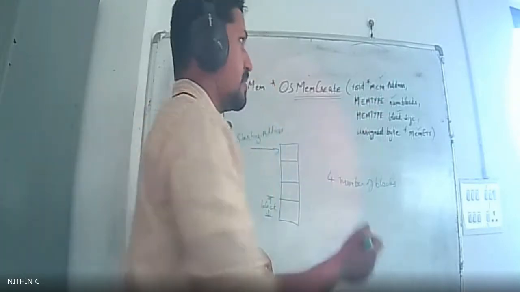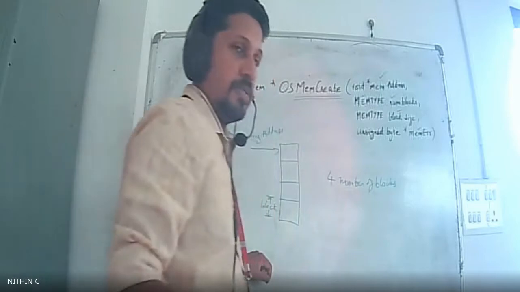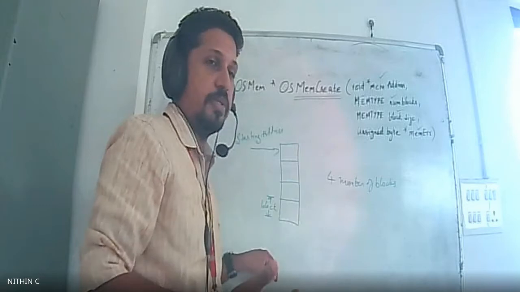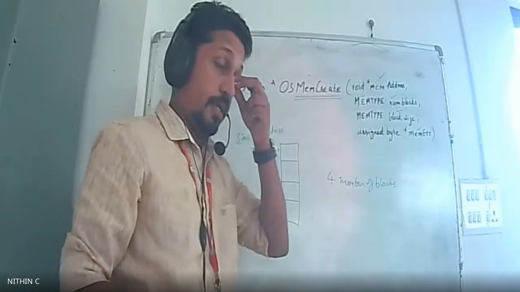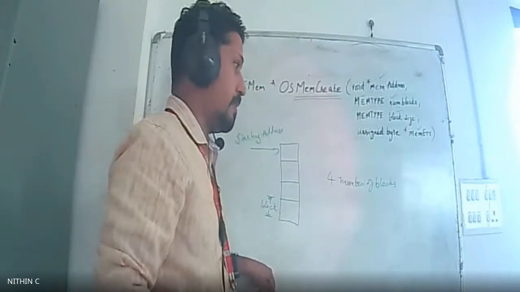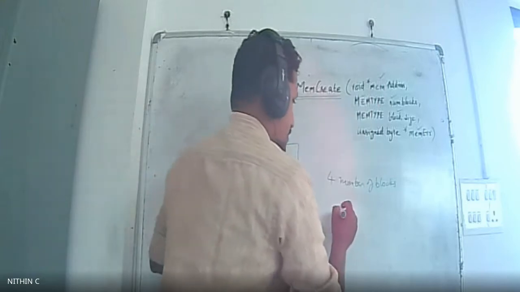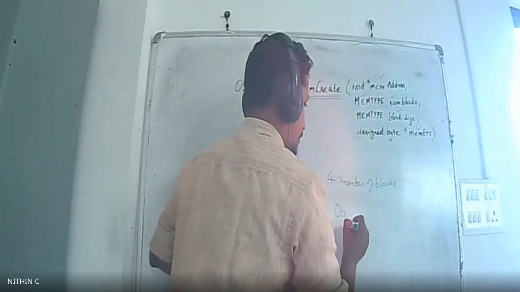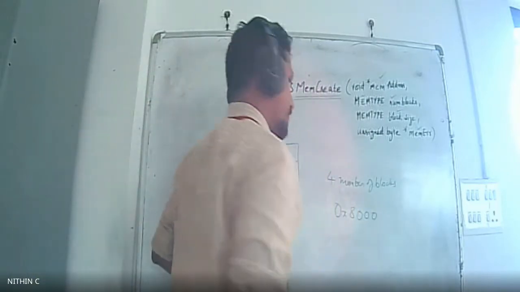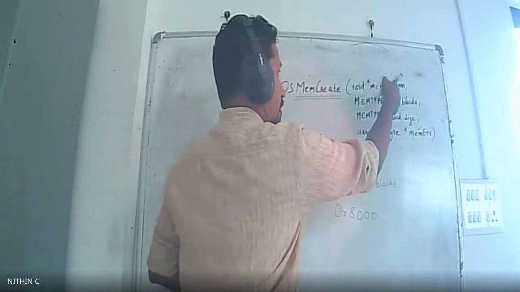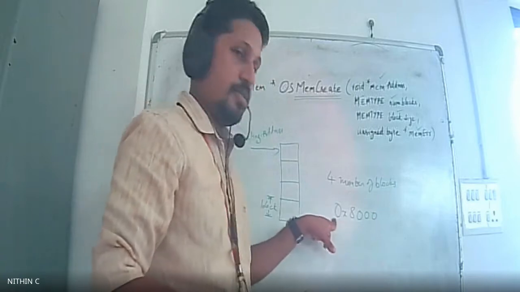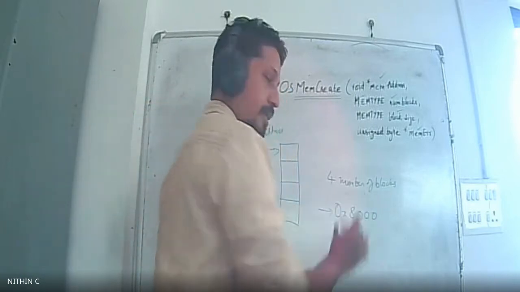One more thing is the memory type. Memory type specifies which type of memory, that is the data type. Either you are using a 16-bit or 32-bit memory, and you specify that here. Suppose you are using a 16-bit memory, then you will mention 0x8000. This will be 16-bit, and it is given here as the starting address. The memory that you create starts from this starting address. So the first parameter can be set like this.